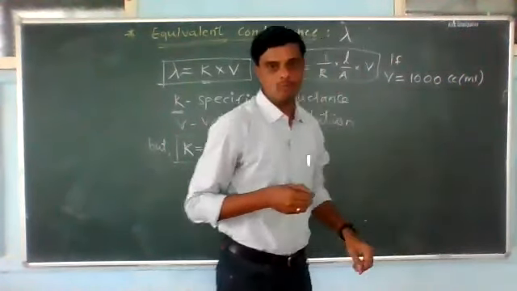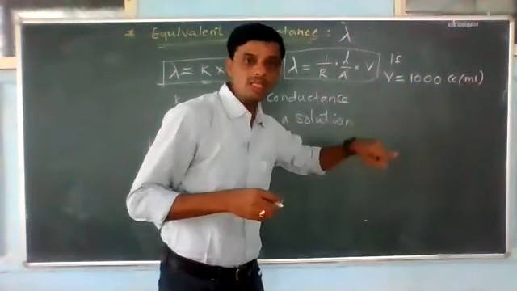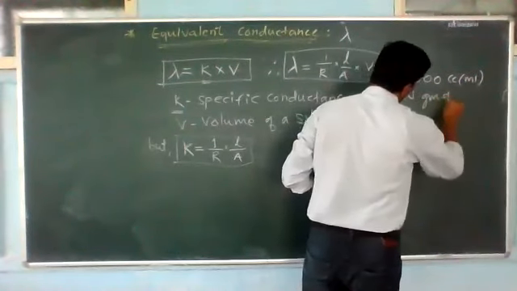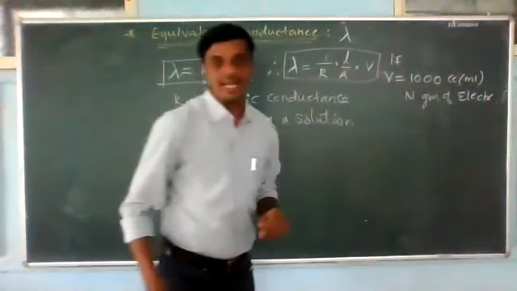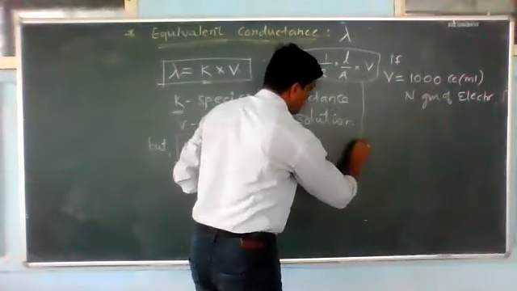Now, if the volume is 1000 cc in which n gram of electrolyte is present, then this equation can be written